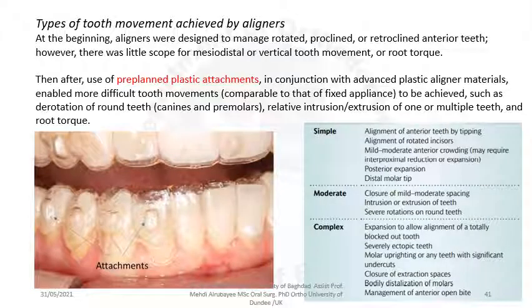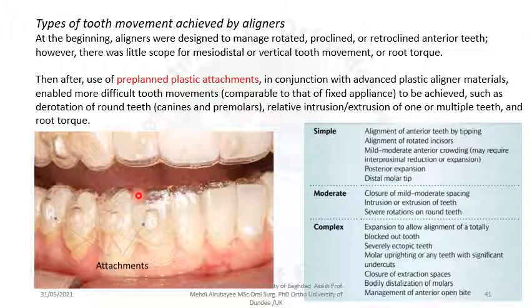Types of tooth movement achieved by aligners. At the beginning, aligners were designed to manage rotated, proclined, and retroclined anterior teeth. However, there was little scope for mesiodistal or vertical tooth movement or root torquing. Then after, the use of pre-planned plastic attachments, as they are seen in this view, in conjunction with advanced plastic aligner material, enabled more difficult tooth movements comparable to fixed appliance movements to be achieved, such as derotation